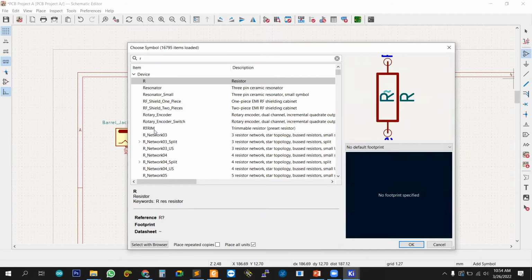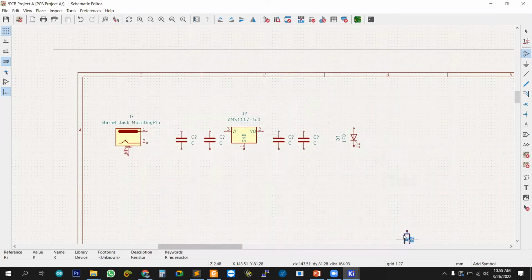Press R in this window, and you will get some general resistor symbols, and rotate to the direction you want. Those are the components we need for the power voltage converter unit. Okay,